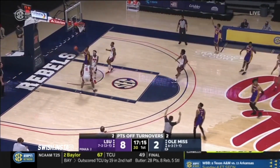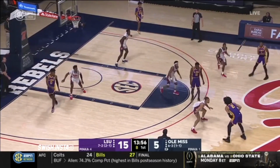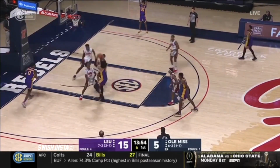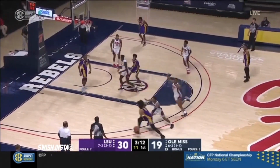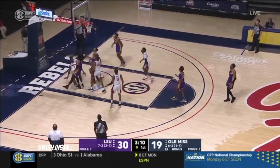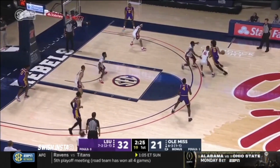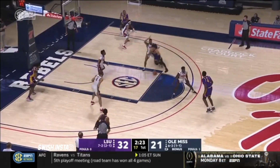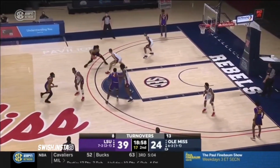Open 3 on the way. Knocked down. Goes to work. Shot clock down to 7 for Watford. Probing, weaving, and gets it. The guy's just going straight to the bucket. You don't see the help that you need sometimes. What you've worked so hard to climb out of this hole. Strong tape and